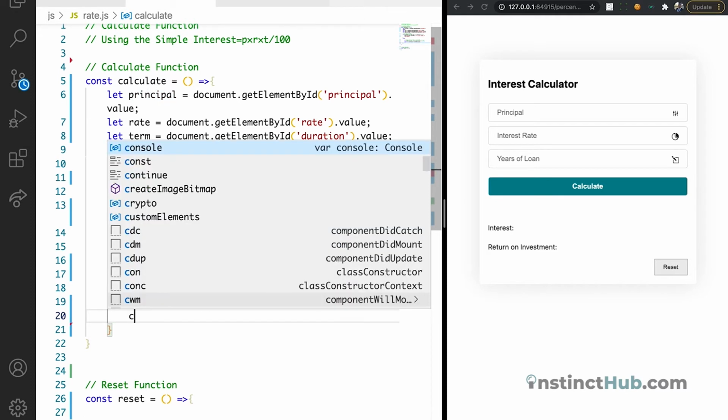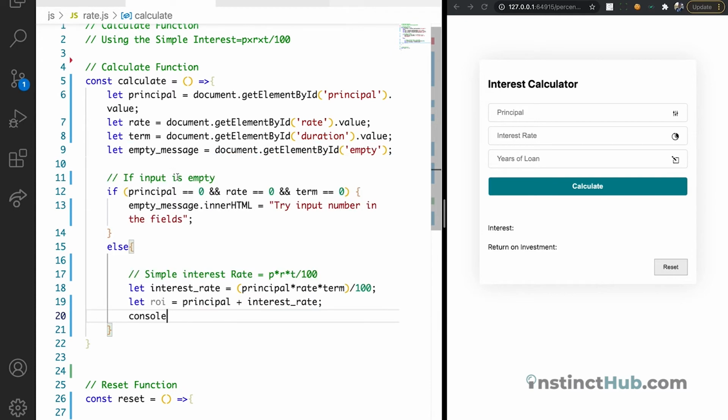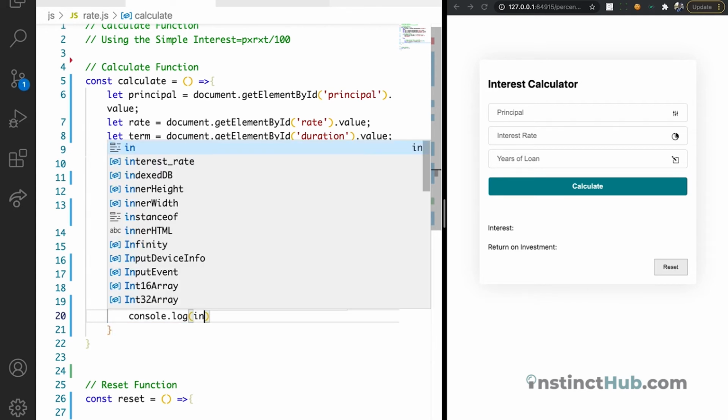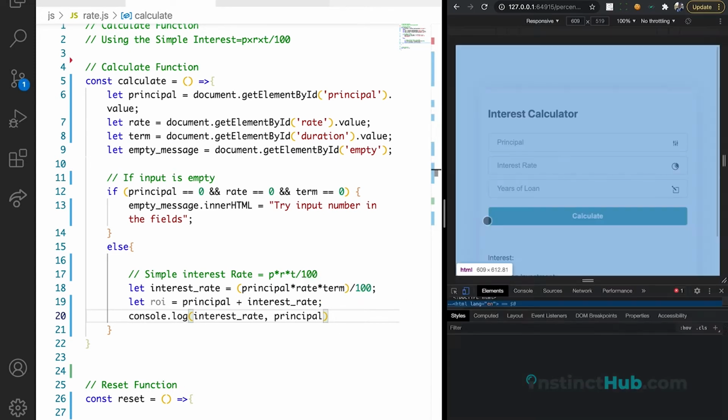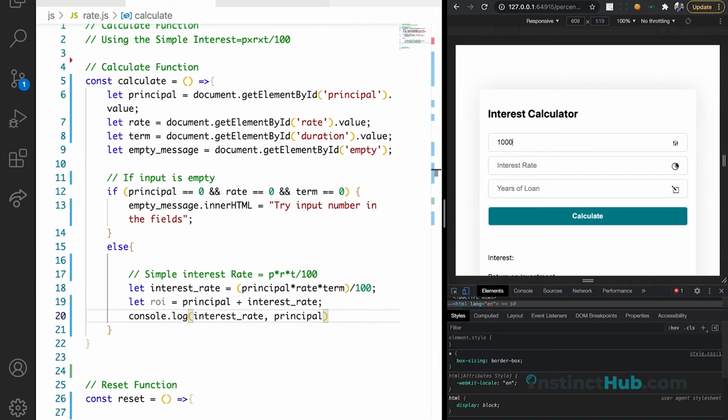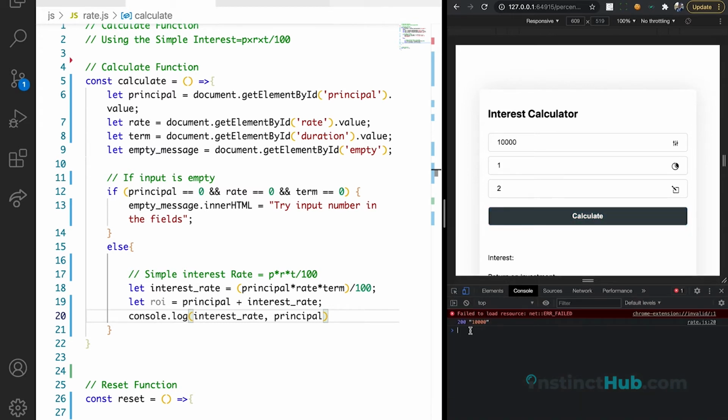Let us check this value. console.log. So let us check the value, interest rate, and the principal value, so that you see that the principal value is actually coming as a string. So I'm just going to say 10,000, 2, 3. Let's check our console. You can see the principal amount has quotes, which means it is a string. What I want us to do is convert it to a number so that it can be like the interest rate that we just calculated. Now to do that, we just need to call the